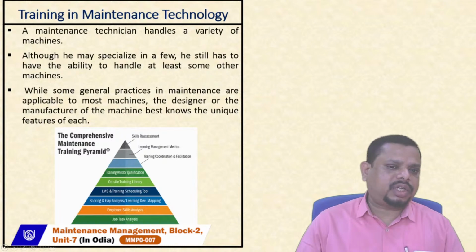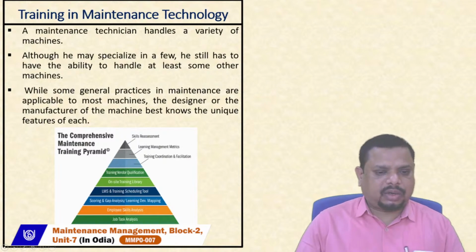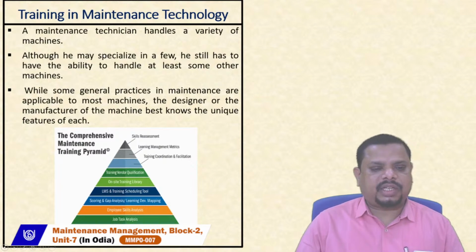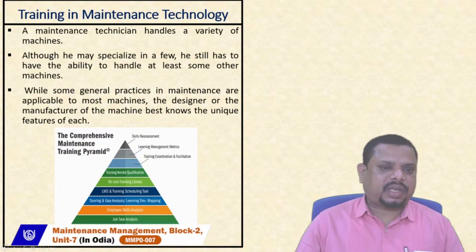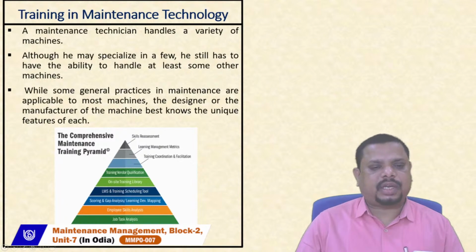And the next is the rapid change in technology, especially with reference to maintenance machines, maintenance equipment, maintenance tools, and spare parts. It is the duty of the maintenance department to provide adequate training to their maintenance personnel, so that they can handle a large variety of machines and large specialized machines. And the next important part is they will provide the unique features along with the maintenance technologies.